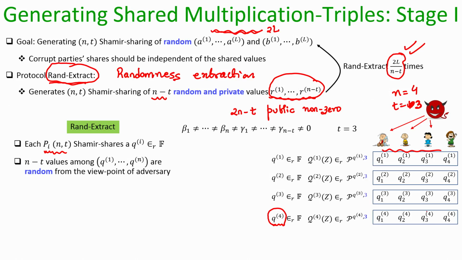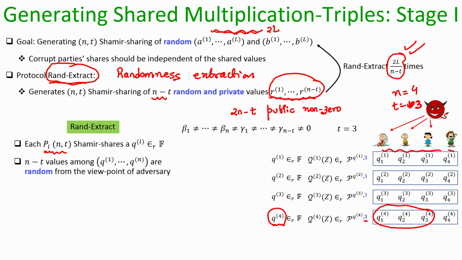From the viewpoint of the adversary, it has only 3 shares of Q 4, but those 3 shares could be shares of any Q 4 value from the field, because Q 4 has been secret shared through a randomly chosen polynomial of degree 3. But collectively parties know that out of this n number of Q values, n minus t are not known to the adversary and the remaining t are shared by the adversary. So, anyhow it knows those t Q values, but which are the n minus t Q values shared by the honest parties?